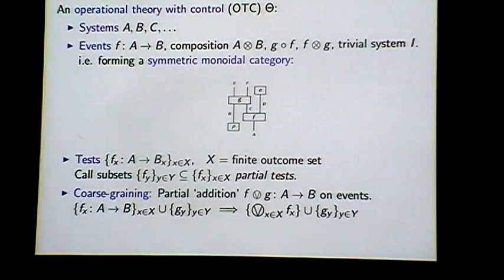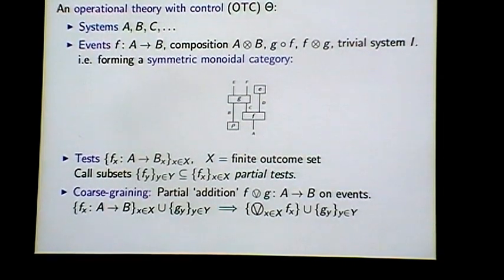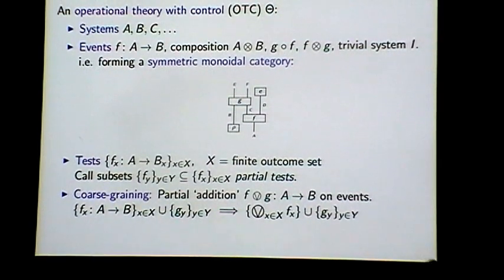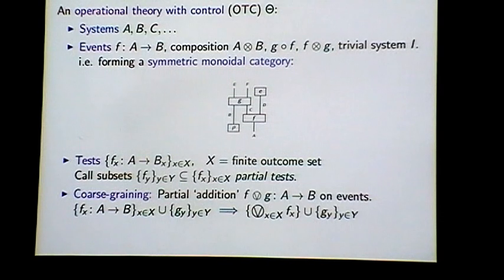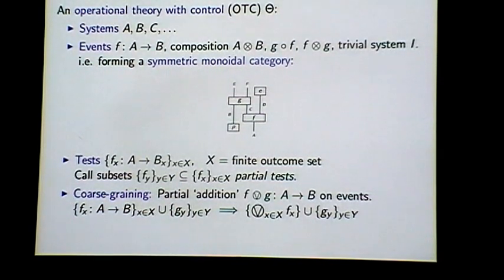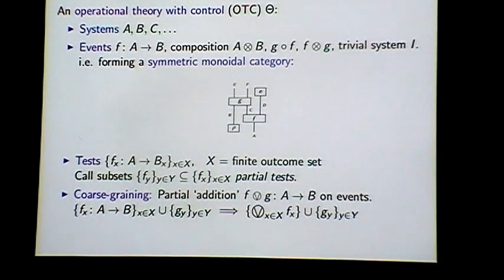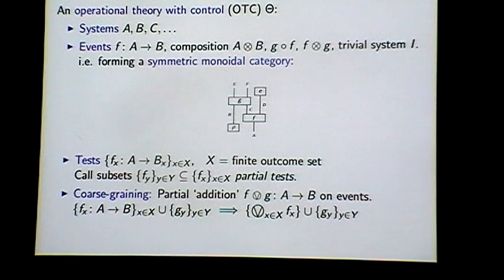The final feature of one of these theories that's maybe less obvious is called coarse graining. And this is the first way that you can use this data from tests operationally, and it just says you'll have to throw some of it away. If you have a test where two events are of the same type, operationally you can imagine doing that test and then just throwing the information away as to which of those two occurred. So really you've taken those two events and you've merged them into a new one that we denote with this circle with V symbol, and that actually is related to the notation from the last talk, conveniently. So it has a partial addition operation on these events, so it's defined whenever they belong to a test together.